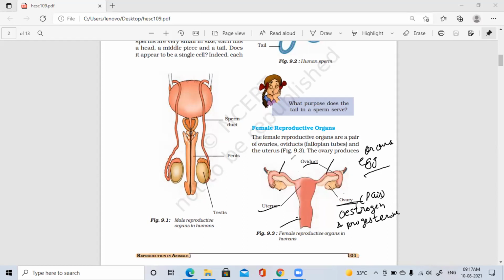So these are the fallopian tubes, right, present here. So what is their function? It is a thin and coiled muscular tube with a funnel-shaped opening near the ovaries. You can see the opening here, near the ovaries, right? It joins the uterus to the ovary. Ovum released by an ovary goes into the fallopian tube through its funnel-shaped opening. Then the fertilization of the egg takes place in the fallopian tube only.